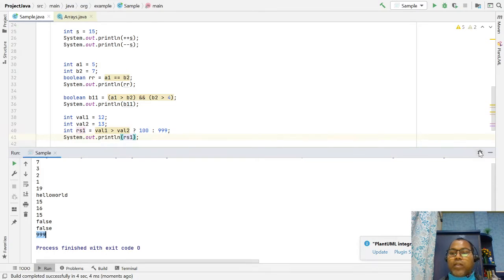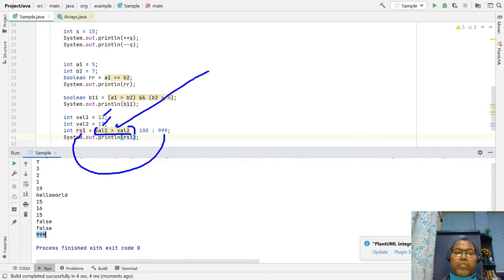So why does this happen? The first operand is the condition, which is a complete boolean result. Is val1, 12, greater than val2? True or false? If false, then the result would be 999. If this evaluation is true, then it returns the first value.